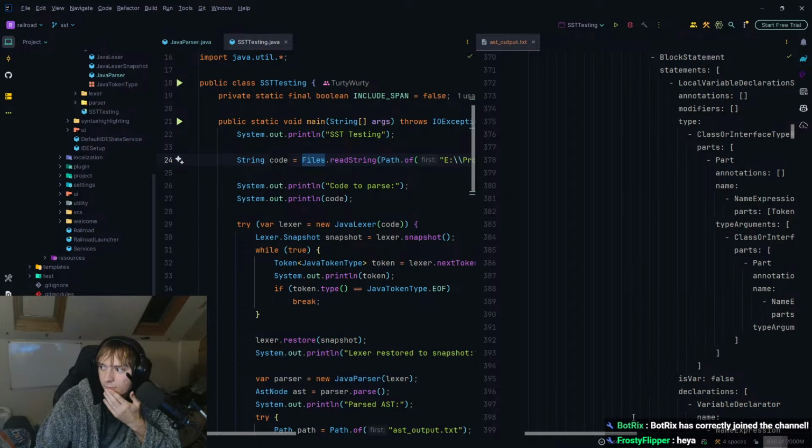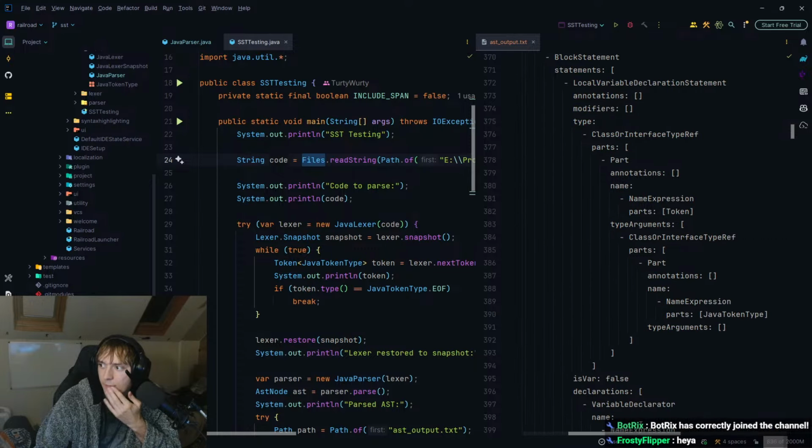Okay, now this is, I think, where things started to mess up. So the type of that is a class or interface. Correct. And then that's a token of type arguments, class or interface of a Java type token.